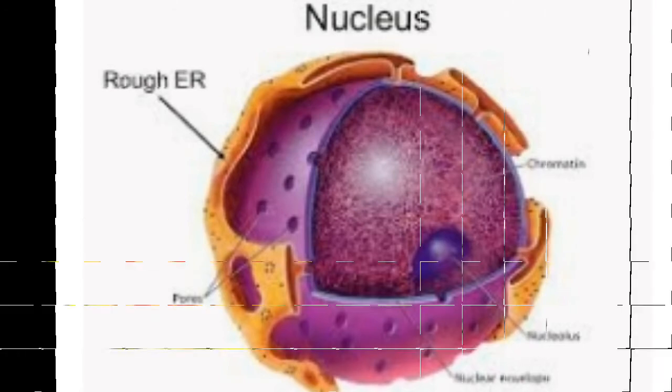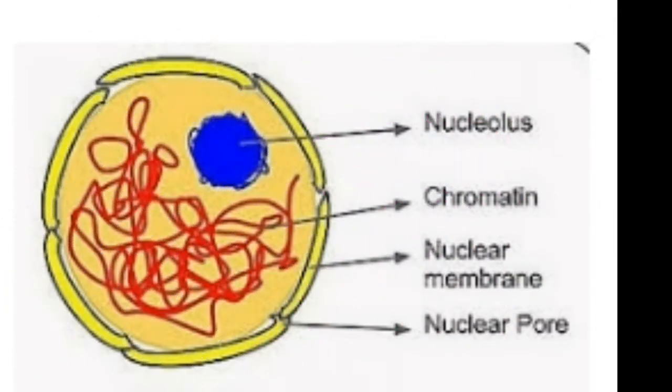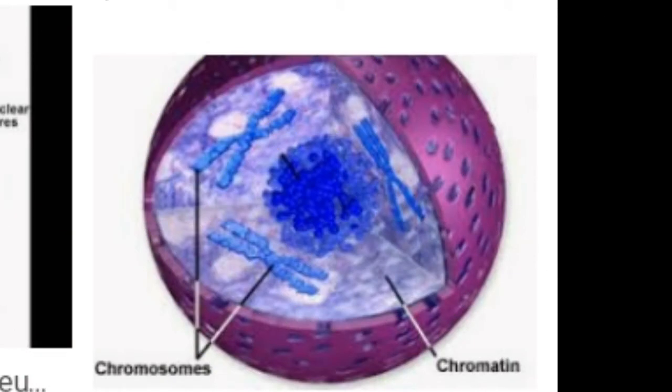So what is the nuclear membrane? It is a double layered membrane that surrounds the nucleus and separates the nuclear material from the cytoplasm. The second one is nucleoplasm, the sap which the nucleus is filled with. The dense clear mass of protoplasm is known as the nucleoplasm or the nuclear sap. It forms the matrix of the nucleus and stores materials for use in cell division. The chromosomes and nucleolus are embedded in the nucleoplasm.